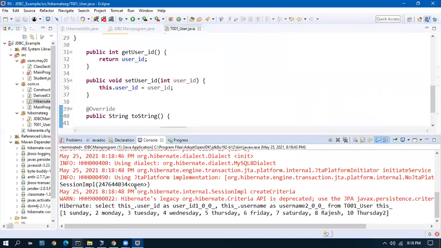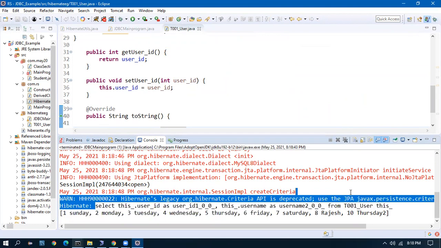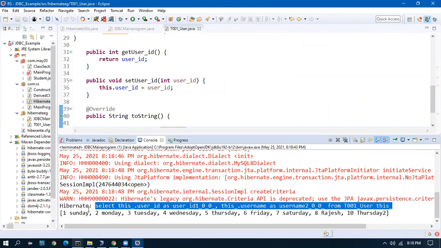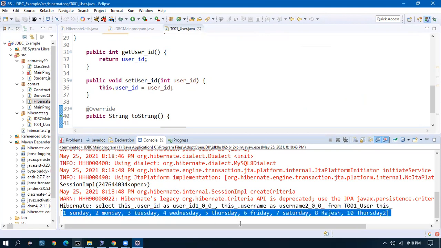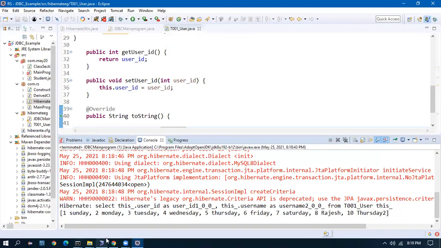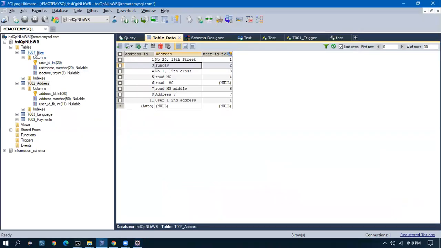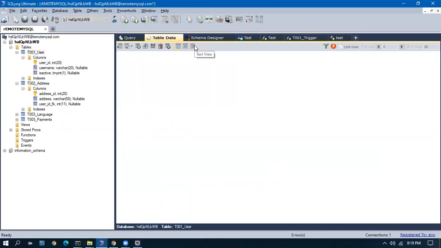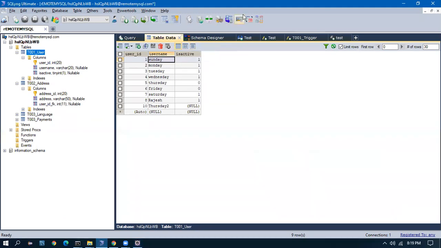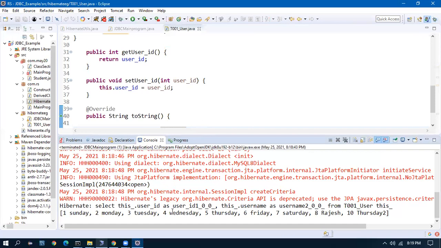Okay, so see here, Hibernate has executed a select query, and it has brought the result for us. If we go to the user table, without a query, we didn't write a query, it is bringing me the user ID and the username, everything.